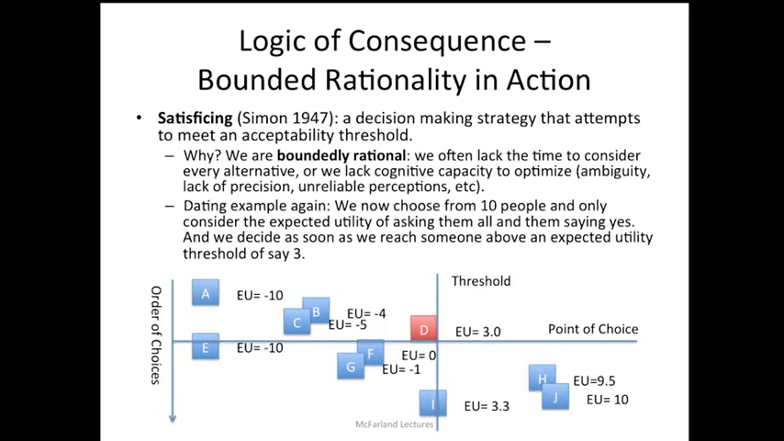right? And we have to choose from 10 different people. And we have to consider the expected utility of asking them all and then saying yes. And we decide as soon as we reach some person above some expected utility threshold of, say, a 3, right? I'm not going to be able to ask out everybody, and nor will you. So we start going through an order of choices going downward through this list, from A to J. And as soon as we hit that 3, the vertical line that says threshold, we have our point